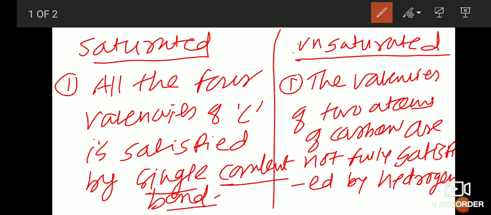So this is very important students, because as we know that there is a carbon-carbon double or triple